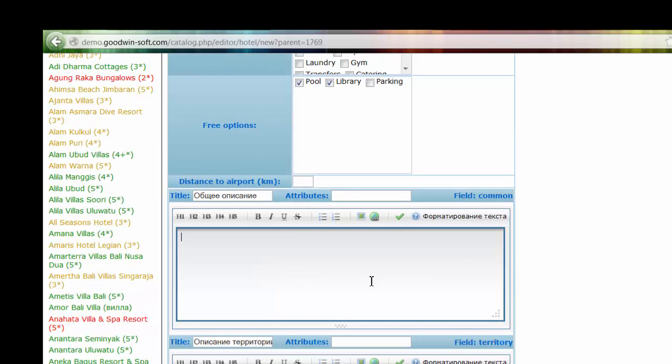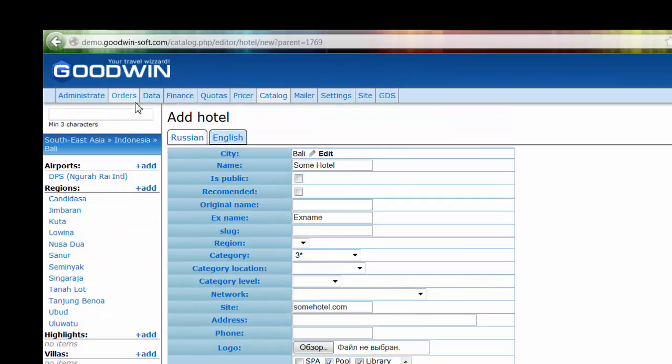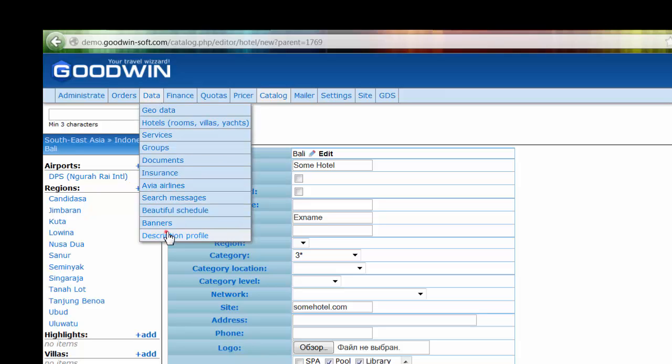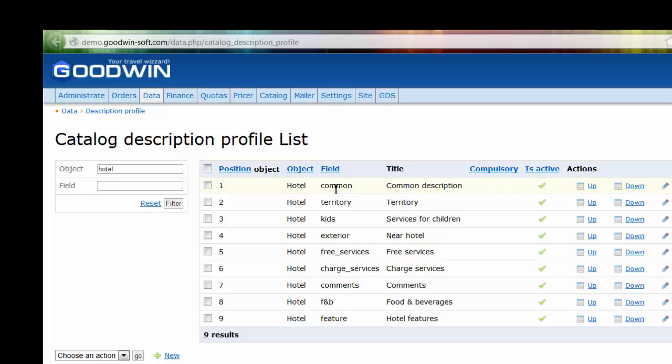And here we have descriptions. Different parts of descriptions, which can also be managed in data application over here, description profile. So you just need to filter it, hotel. So we can see fields, and none of them are compulsory, as you can see. Compulsory means that if you don't have description for this field,